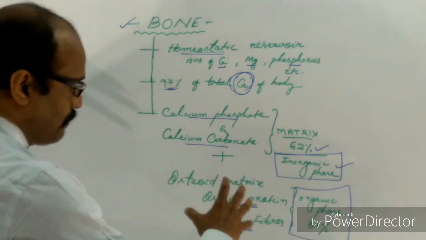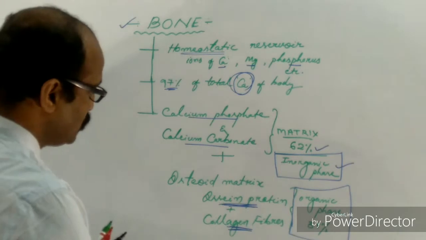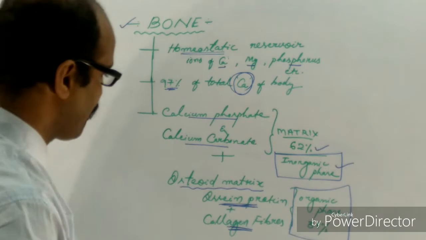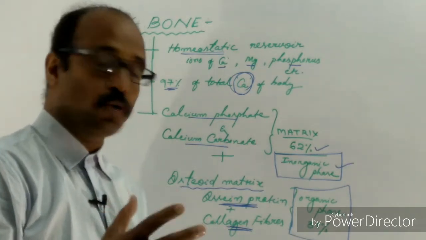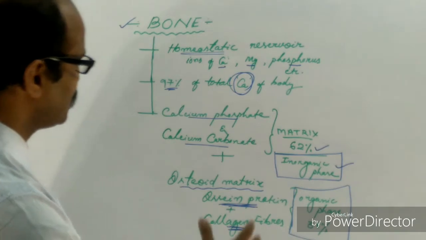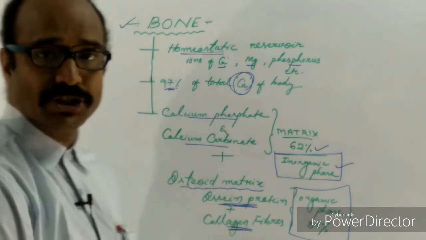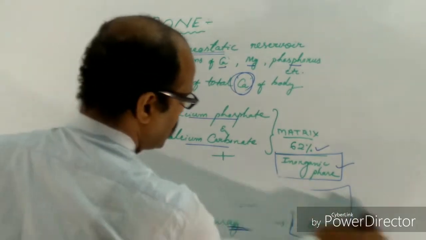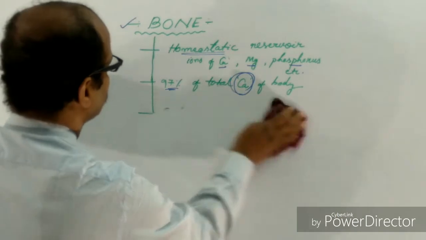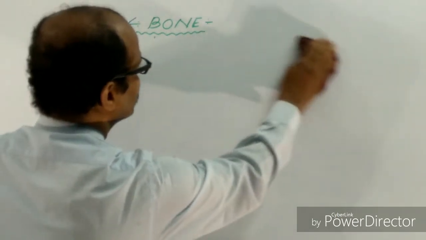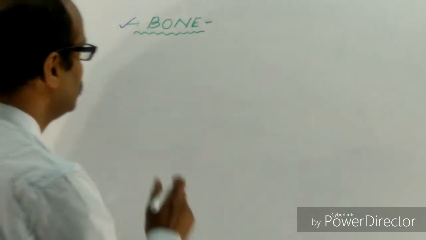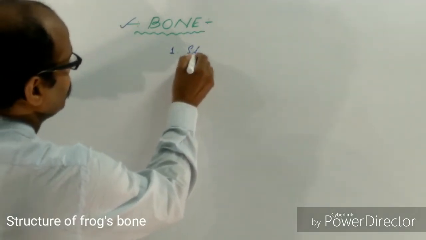The matrix containing the osseous protein is known as the osteoid matrix. Osteoid matrix means the deposition of osseous proteins is there. So this is the actual composition of the bone. And here the total structure and the arrangement of skeletal connective tissue, that is the bone, have to be studied under two heads. The first head may be the